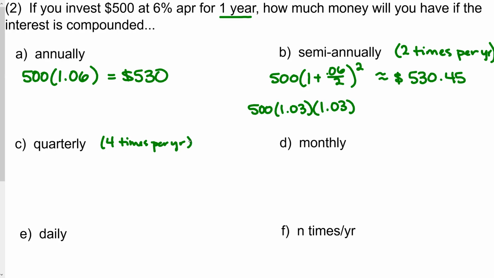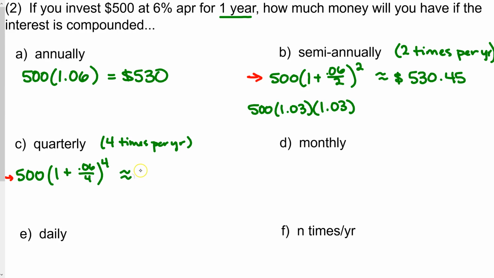Once every quarter would be once every 3 months. So we have $500. Multiply that by 1 plus 0.06 divided by 4. So that would be 1.5% every 3 months. And that's happening 4 times. So hopefully you can see by the way I'm writing this, here and here, that this is going to help us develop a formula. And so we can put this in the calculator,